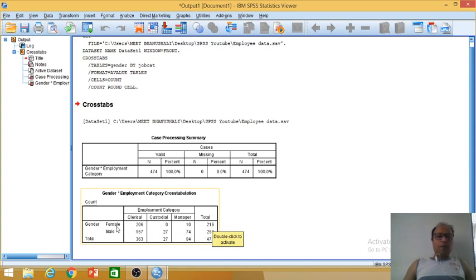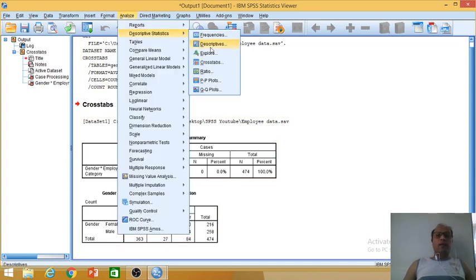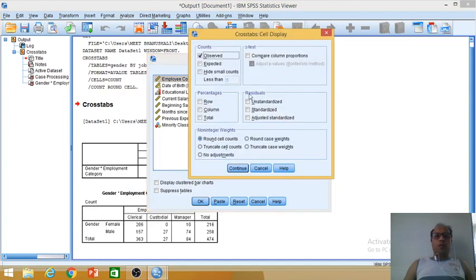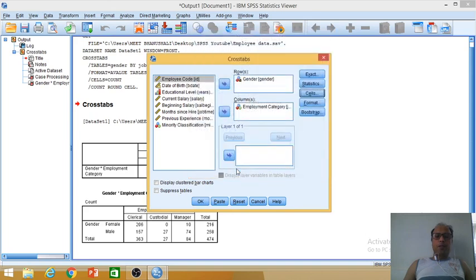Now here remember, we need percentage by gender and gender is measured in rows. So we'll go to our file again, click on Crosstabs and click on the menu called Cells. The Cells menu has an option here called Percentages. Now you have to be very careful. We need percentage by gender and gender is measured in rows, so we'll go with Row percentage. Simply press Continue and then press OK.